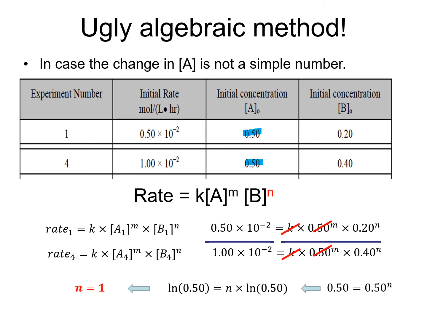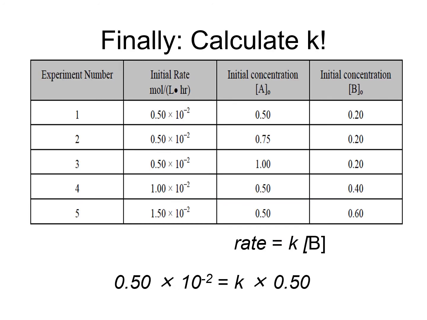So I figure out that the reaction is first order with respect to B. So now I know that m is equal to 0 and n is equal to 1, and therefore the only unknown is K. I can calculate K. I have my rate law,